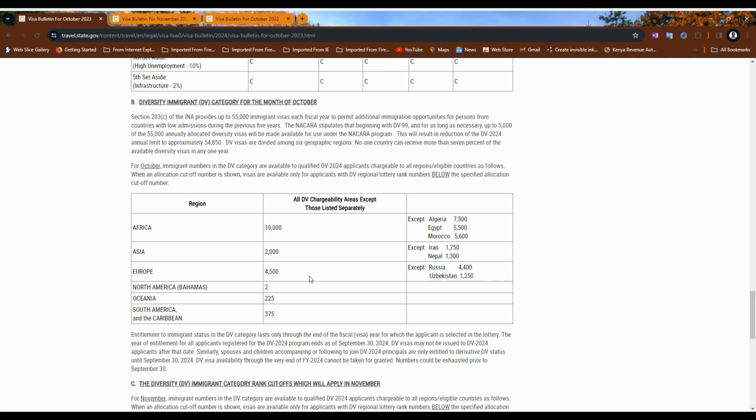And then, as you can see, let's say, for example, Africa. The cutoff for Africa was this one, 10,000. So any case number from 1 to 10,000 was eligible to be scheduled for interview. So it will now depend on the embassies if they have the slots available, if they are ready to schedule